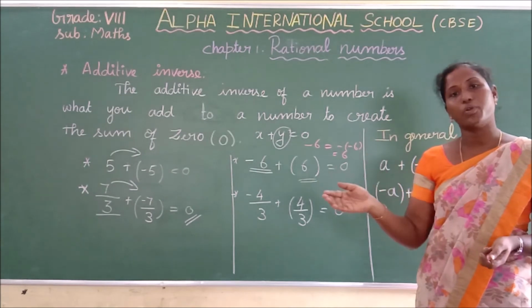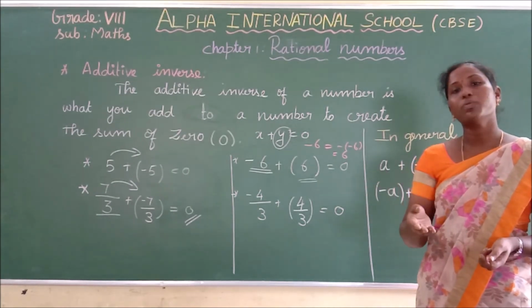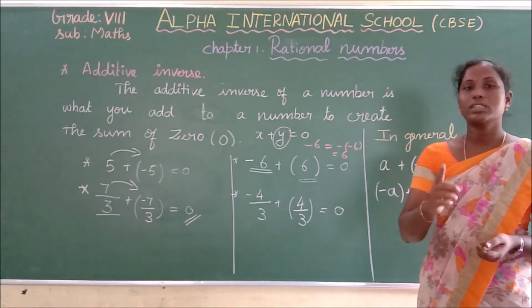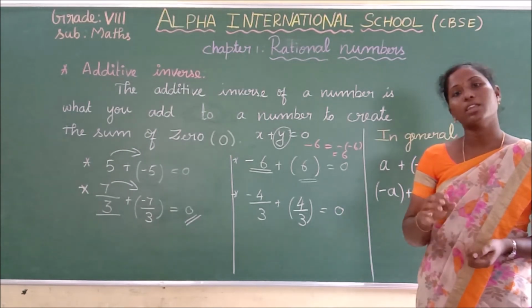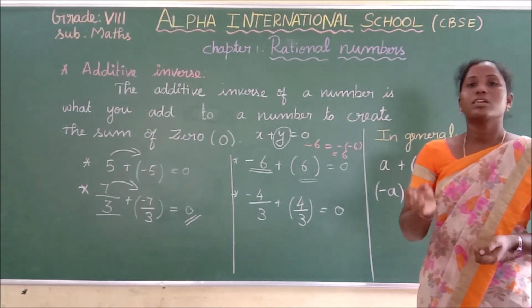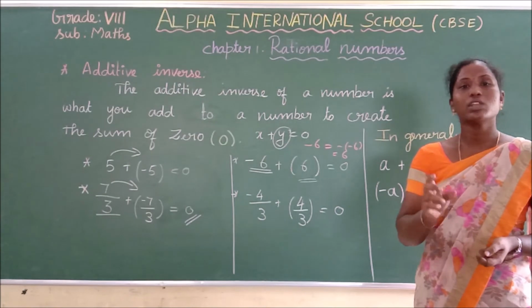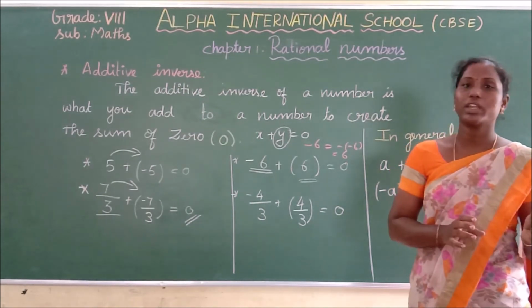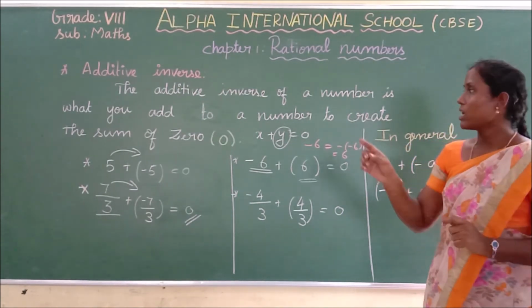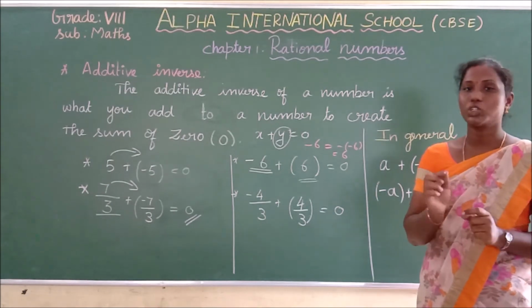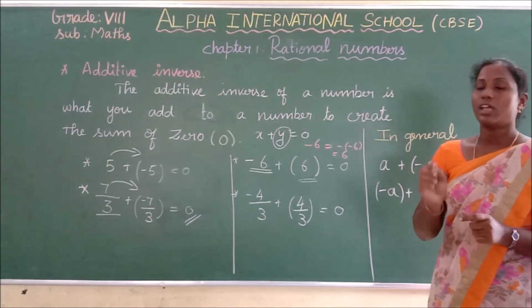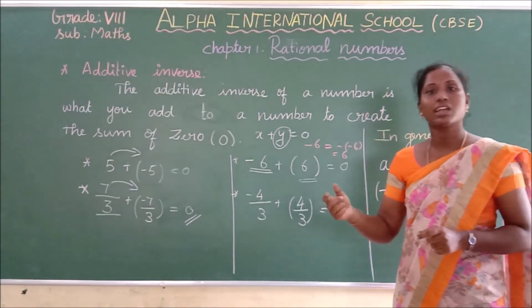As we said before, in multiplicative identity we said that 1 is the multiplicative identity, and in additive identity we said that 0 is the additive identity. A particular number we fix as additive identity and multiplicative identity. But in additive inverse we can't fix a particular number as the additive inverse. The additive inverse is based on the mathematical content of the problem.